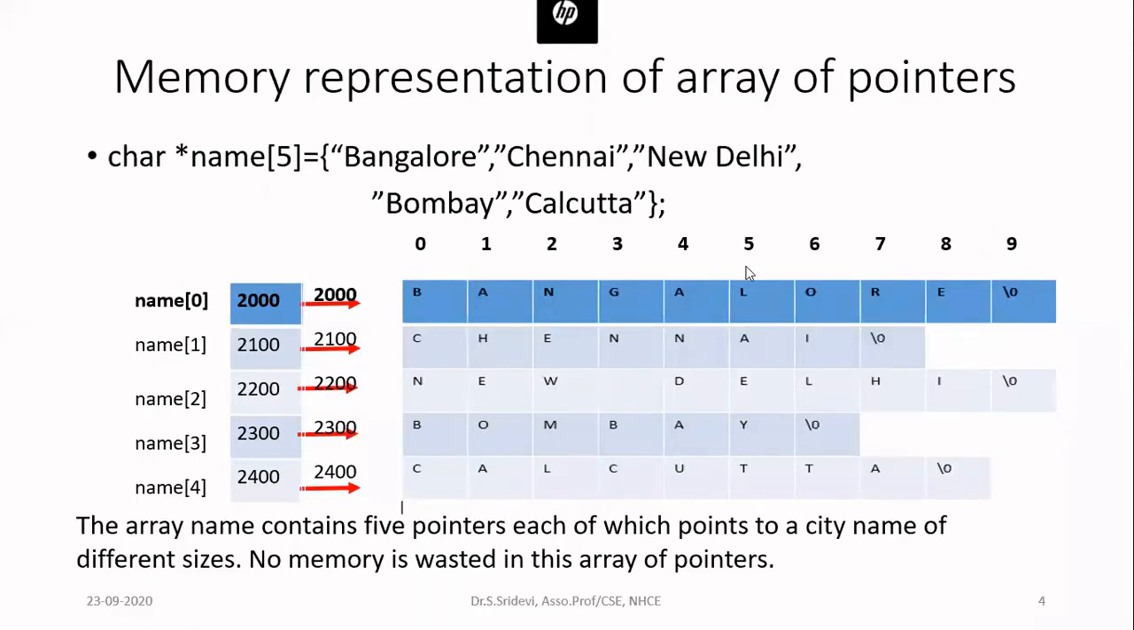Okay, so here for Chennai, totally including the null character, I have to allocate 7 characters. There are totally 7 characters, so I have to allocate 7 bytes in the memory. So if it is starting with 2100, it will allocate 7 bytes from 2100 up to 2106. So the starting address will be returned to you by means of the pointer that you store in name of